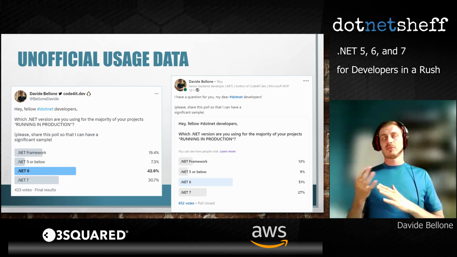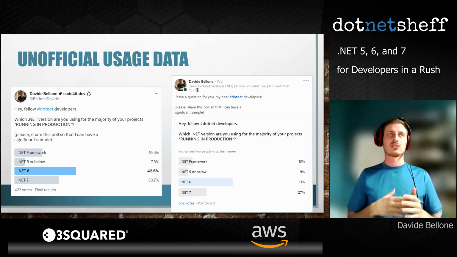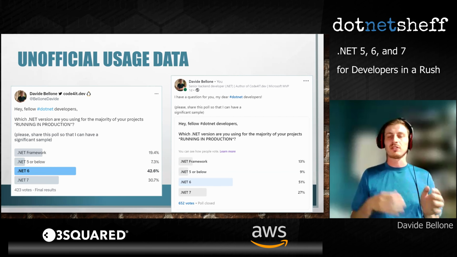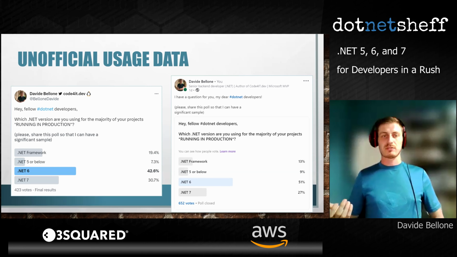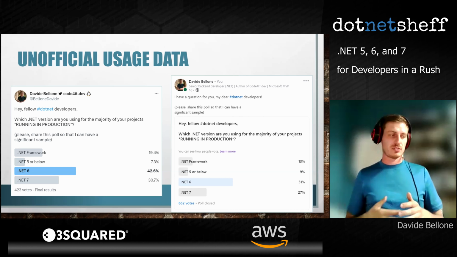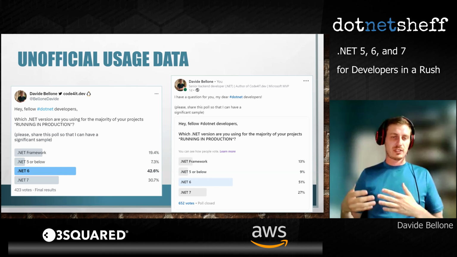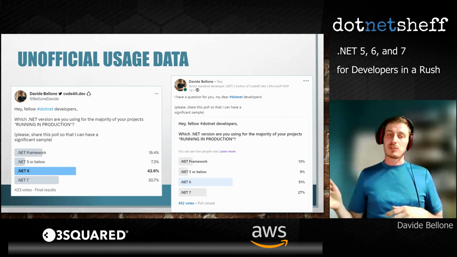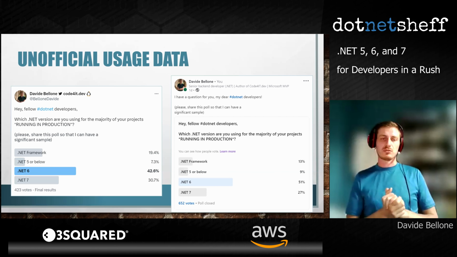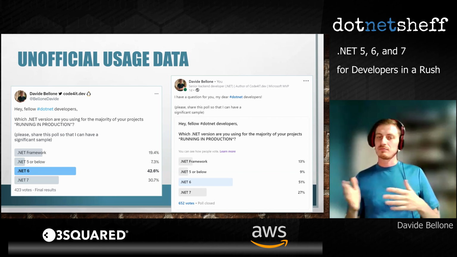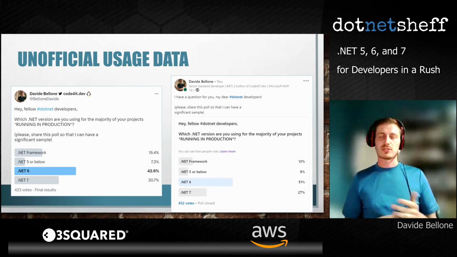I suppose that people working with .NET Framework are bound to that specific version because of external dependencies, or maybe they are working on legacy projects or whatever. But by the way, the majority of the users that replied to this poll are using the newer versions of .NET. In particular, they're using the stable version, so .NET 6. But still, a lot of people are moving to .NET 7, and I suppose they will pretty quickly move to .NET 8, of course, later this year.